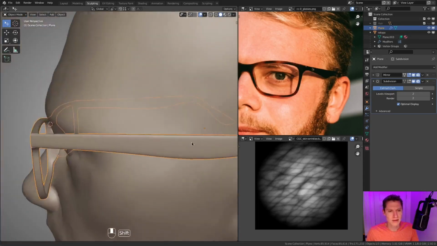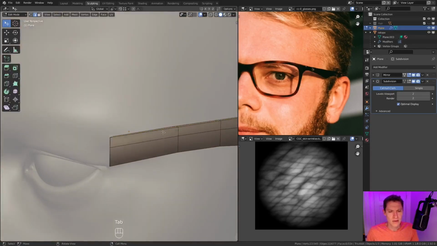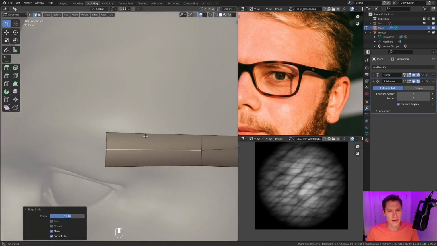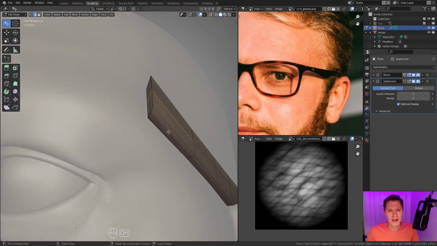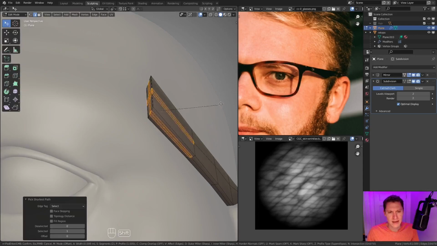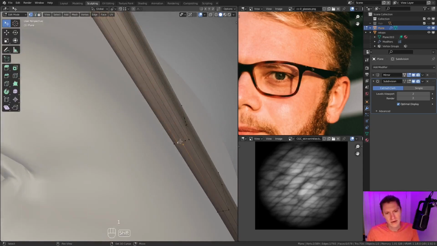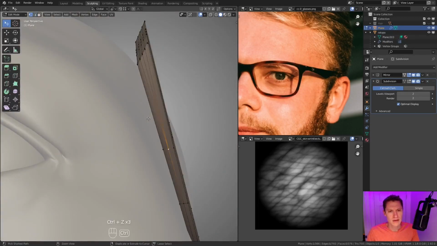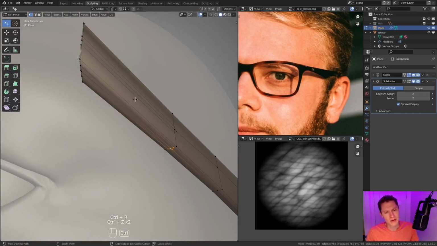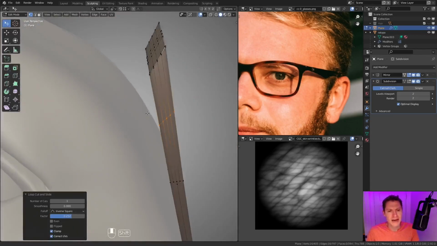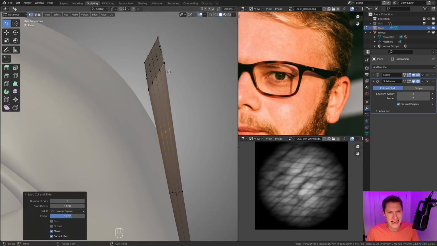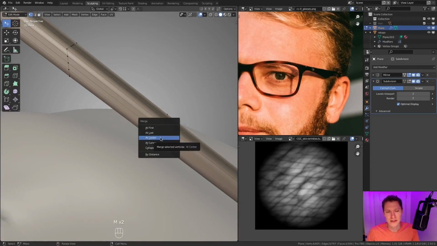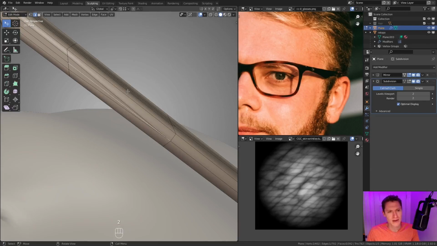Whoops, we have an error I need to adjust. All right, so maybe I will simply add more geometry up here. That's the beauty of polygon modeling, the ability to add isolated detail. All right, so if we just merge this, I think we'll have enough detail. Maybe add one more edge loop. It's not a great idea to have a diamond junction on the edge of your model, on the hard edge. So it's the same thing we did on the bridge of the front frame, just moving it back an edge loop.